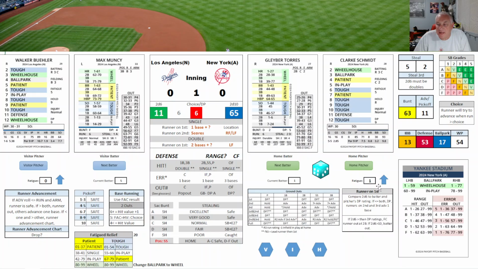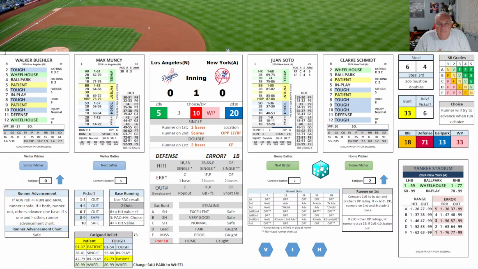Actually, I got to prove his fatigue for the hit and 1 for the inning. So now he's at a 2. He gave up a single, pitched an inning. His number is now at 2. Bottom of the first. Gleyber Torres to lead off. 8 is tough. 28, he strikes out. So strikeout number 1 for Walker Buehler.